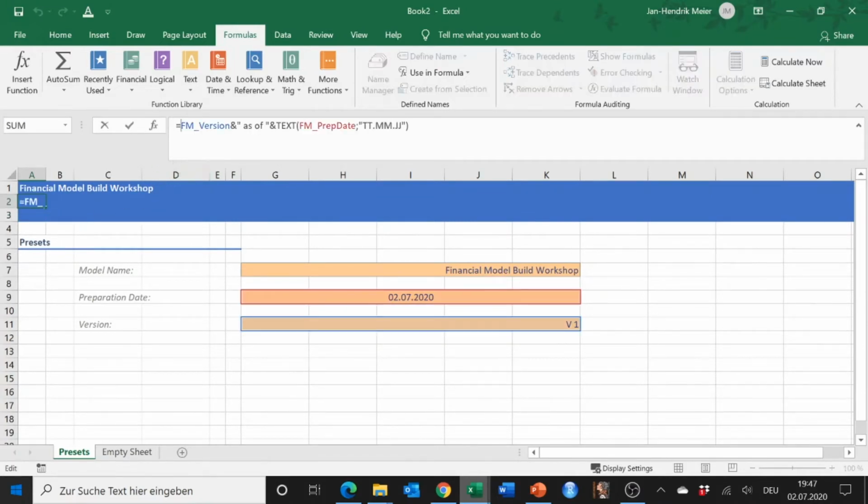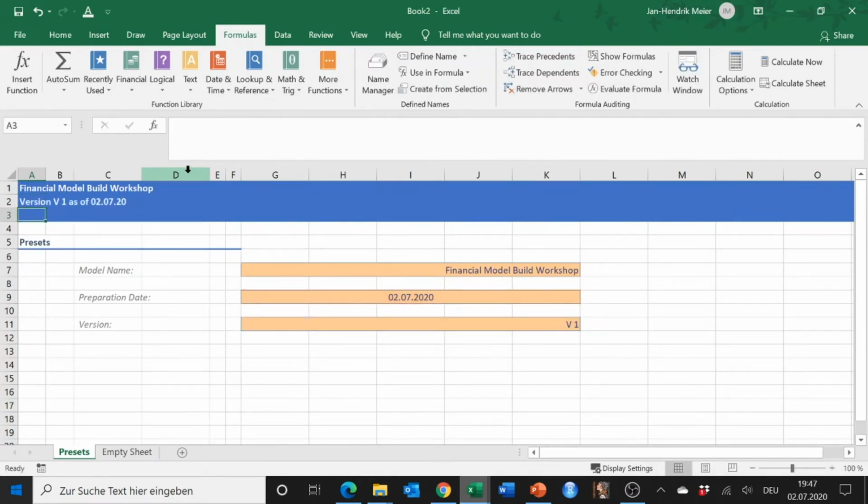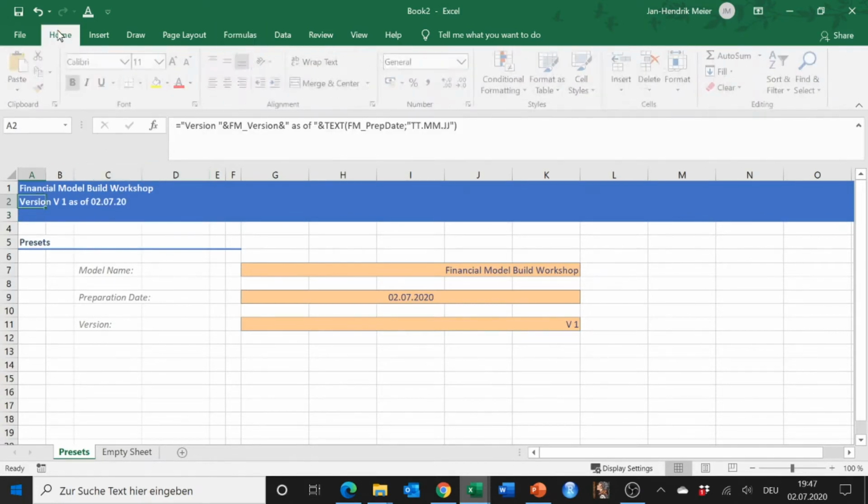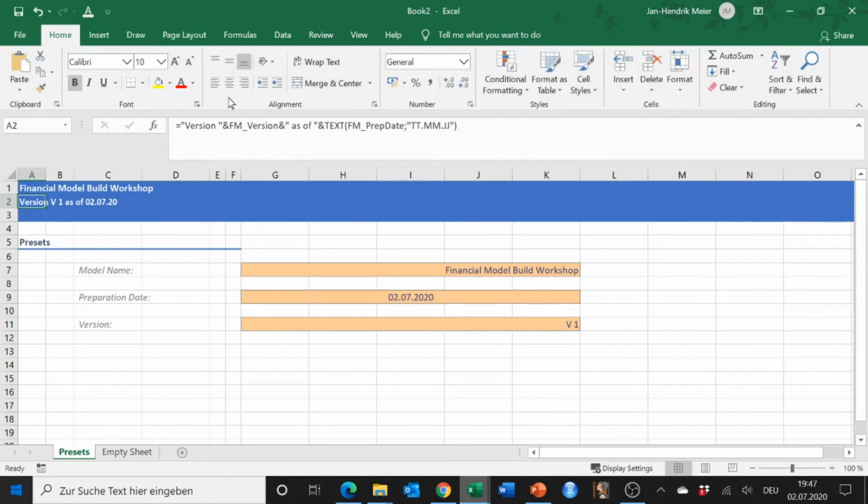I just change and write version in front. Version. And there it is. Fine. And I make this a little smaller and put it into italics. Now that's beautiful, isn't it? Beautiful. All right. So we have a beautiful headline, and now of course we can put a start date underneath,